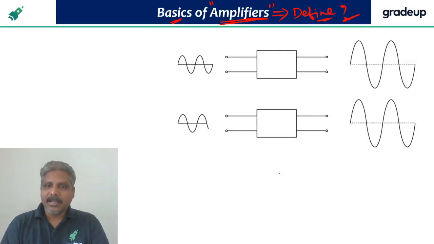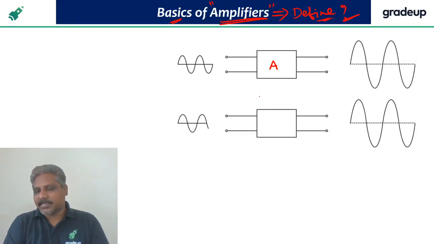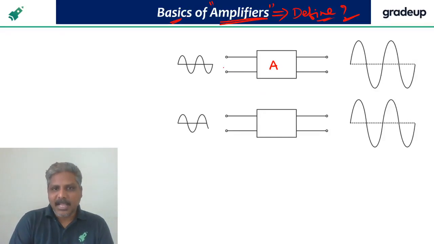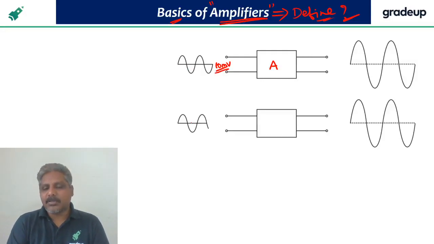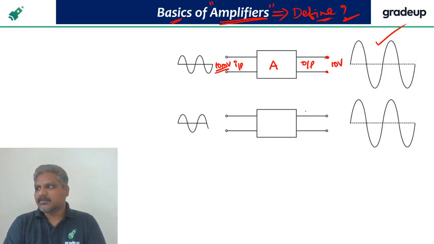Please hold the chart now and understand. Imagine this is a circuit. I call it an amplifier. Imagine it is an amplifier circuit. I have applied some input here. Let's say it is a 10 millivolt RMS signal. This is sinusoidal in nature, very small in amplitude. This is the input and this is the output. At the output, if I measure, let's say this is the signal I am getting. Let's say it is 10 volts. Right? Yes, Shiva Shankar, that's correct.